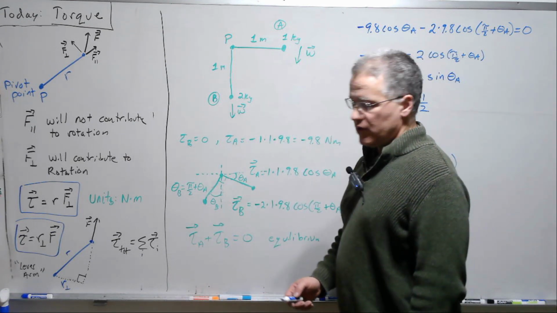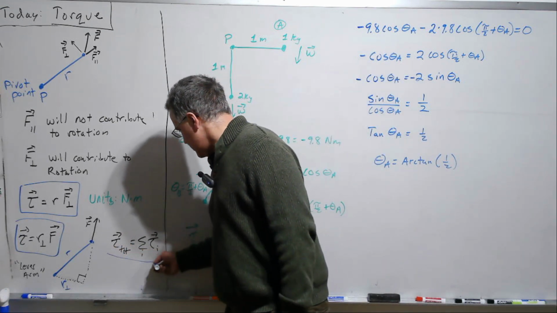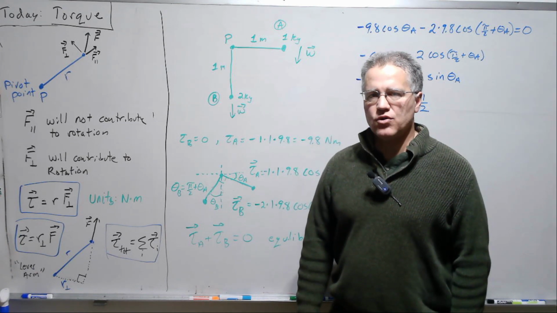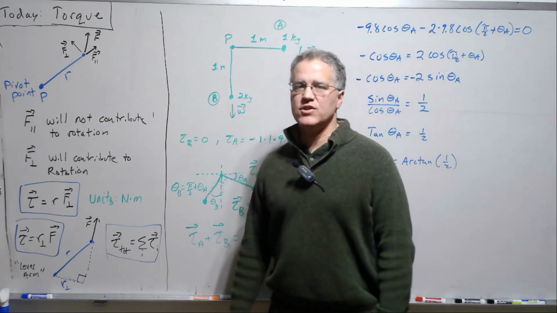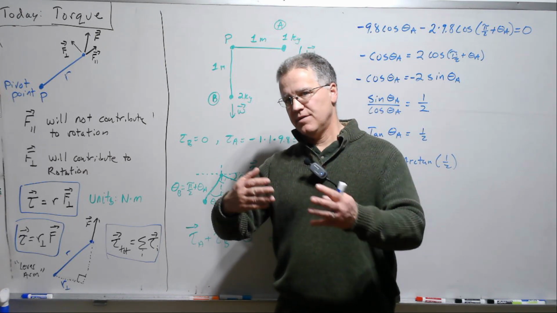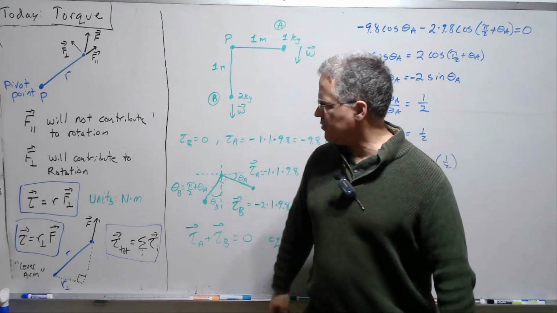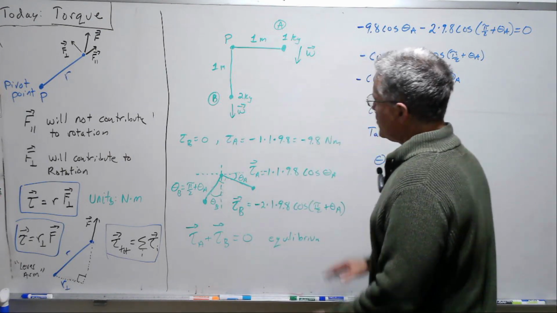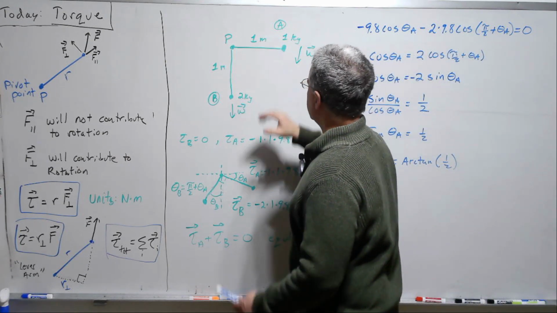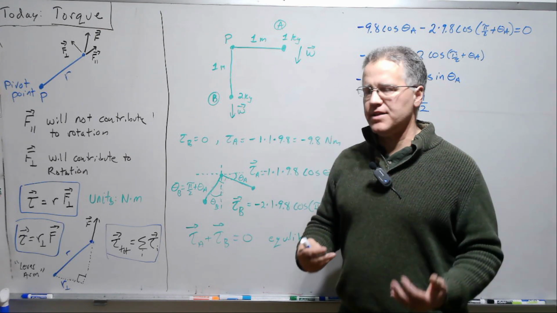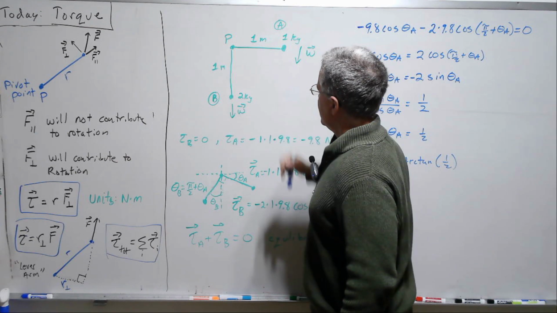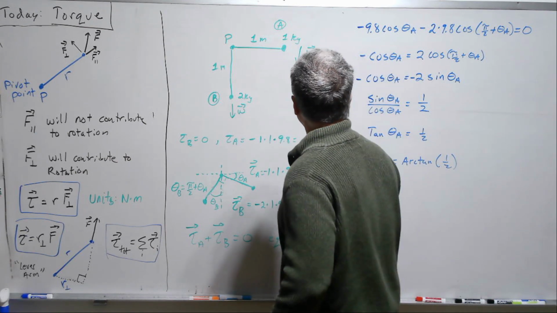Now, just like with forces, torques add or torques superimpose, and so the total net torque is just the sum of all the individual torques, again taking into account sign. Positive will be counterclockwise rotation, negative will be clockwise rotation. So let's do a couple of examples here. Let's say we have some setup like this, and let's calculate the torque right at the instant when this system is just like this. And I'll remind you here that